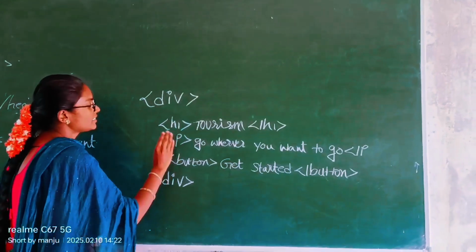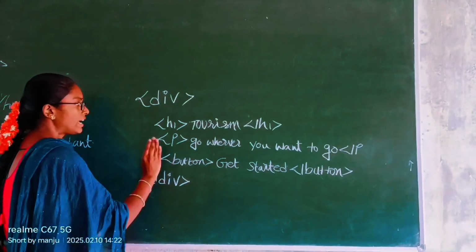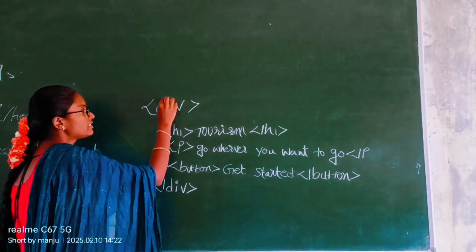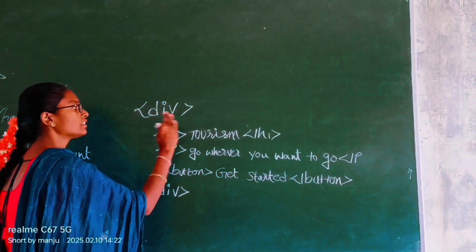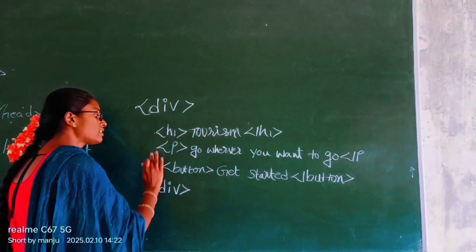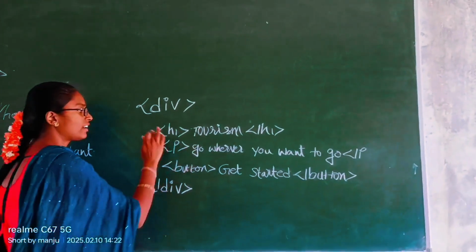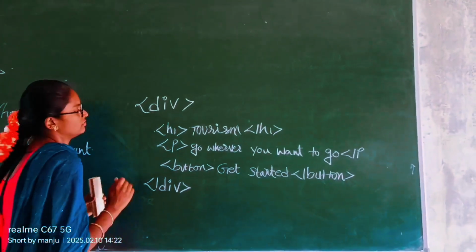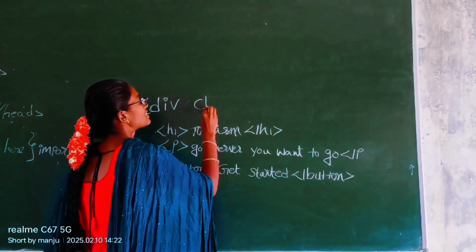We are inserting all these parts, heading, paragraph and button elements, in a container, which is div. If we insert these into a container, we can access it in CSS and make changes to these three elements, because they are under this container element div. If we want to use some class,